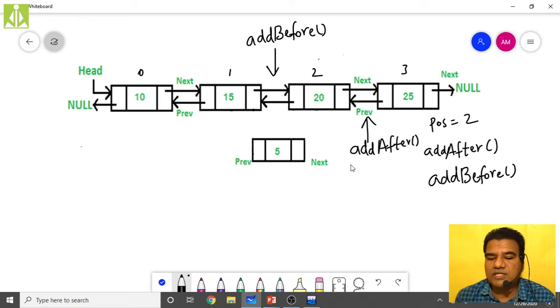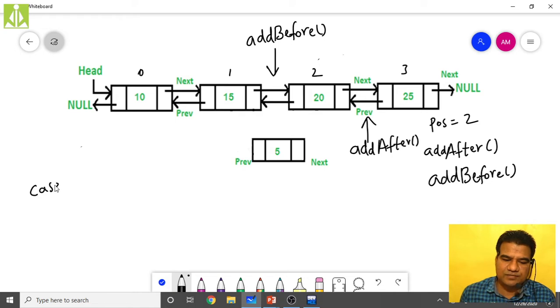Now first we'll see, whenever we are adding the newly created node either before or after the position value, before performing any operation we have to make sure that your list is not empty, because if your list is empty there is no position value you can pass, and if you have passed a position value, that is of no use. So let us assume your list is empty. I'm giving a case over here. There are different cases, so first we'll discuss this one. Case 1: let us assume that your list is empty.